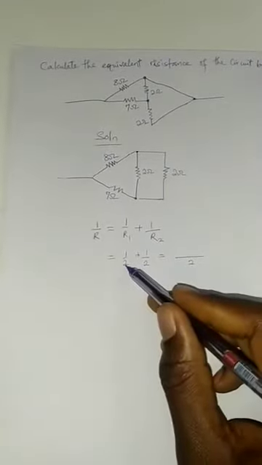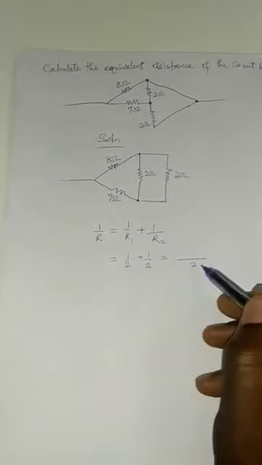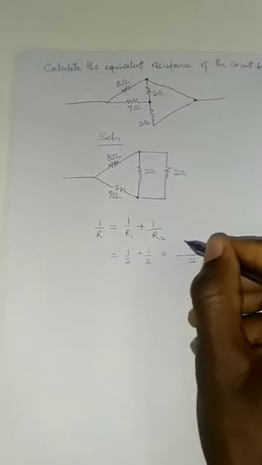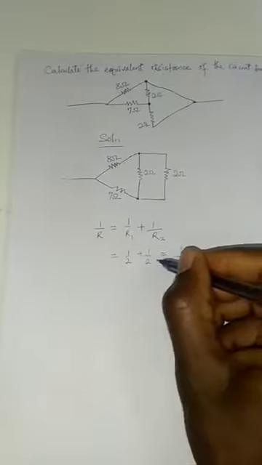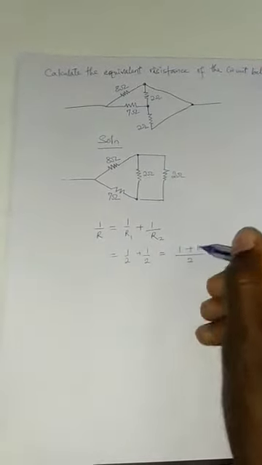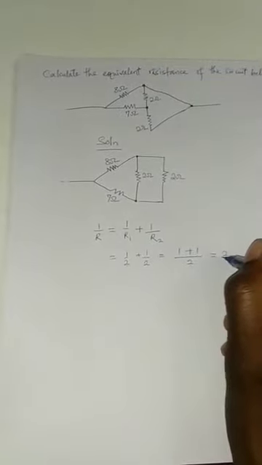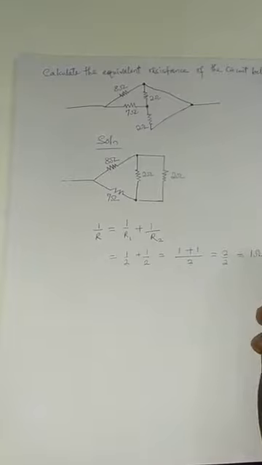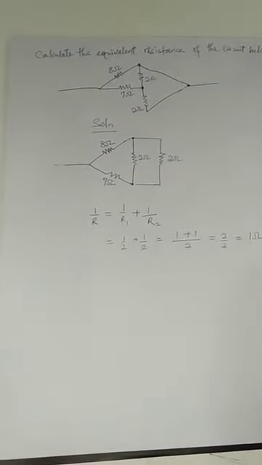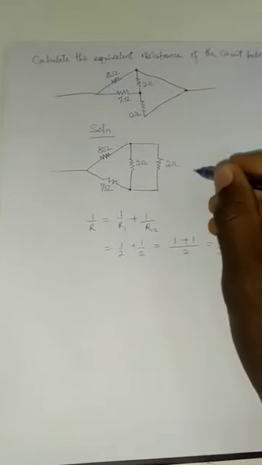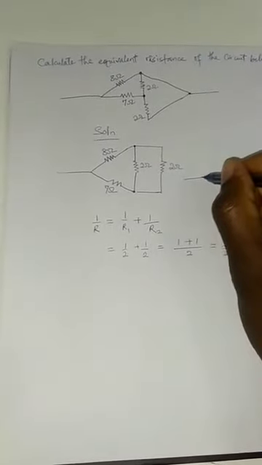So when you divide 2 by 2, you have 1. You multiply by the numerator, which is 1, you still have 1, plus divide this 2 by this 2, you have 1. Multiply by 1, you have 1. So at the end of the day, you have 2 divided by 2, and you have 1 ohm. So this is solved. Having solved this, the whole circuit is going to become something like this, and you have